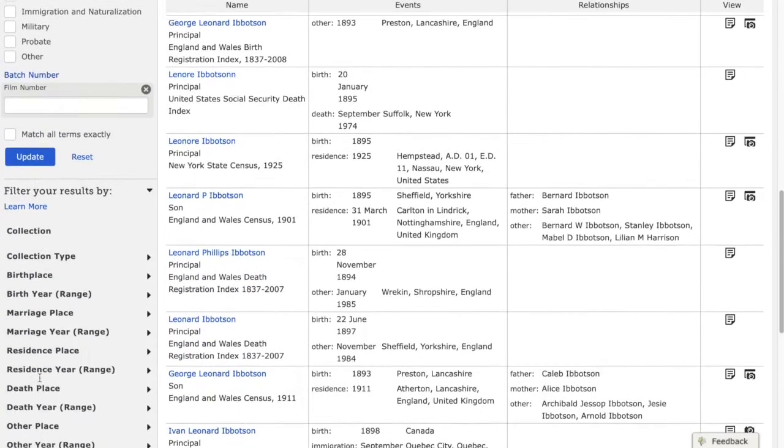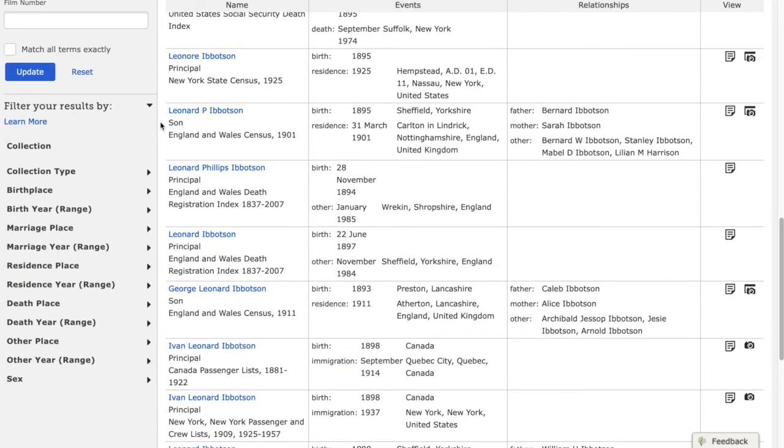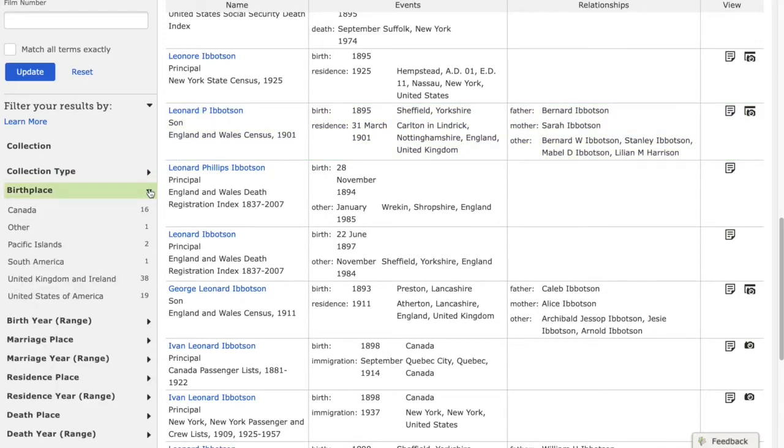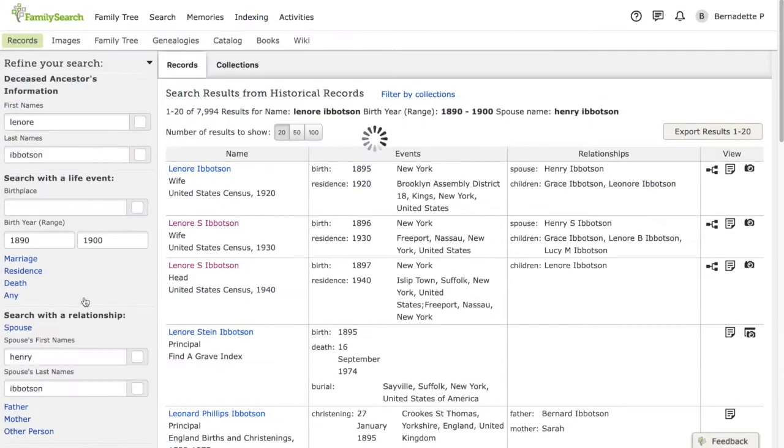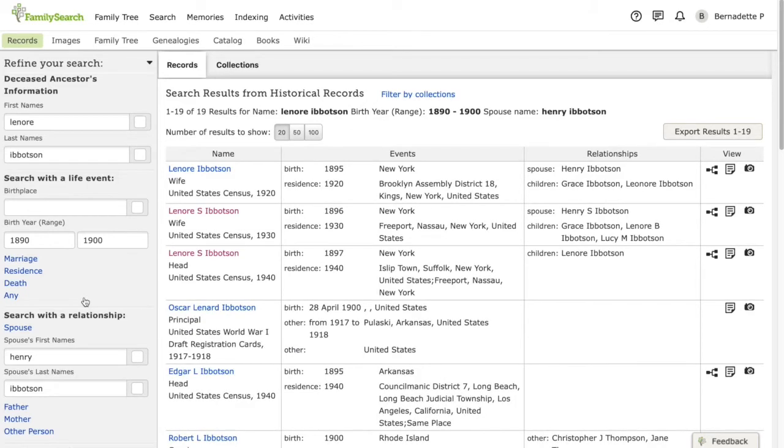Also further down, I can filter my results by things such as collection type, birthplace, marriage, residence, death, and any other information. So if I'm looking for a Lenore who was just born in America, I would click on United States of America, and that would narrow down my results to 19. And it looks like the top 3 match my ancestor. So if I would like to view one of these records, I can simply click,